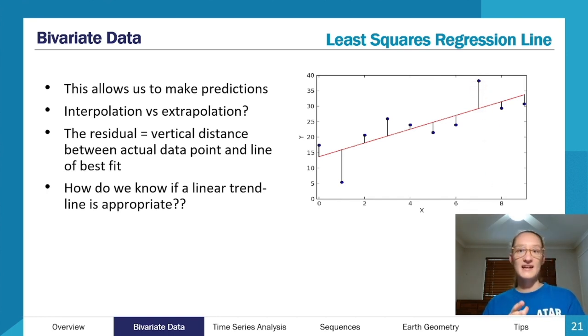So linking it back in again to what we were saying earlier about our R value, we were saying that it's only appropriate to use a Pearson's correlation coefficient if it's linear, but it's also only appropriate to use a linear trend line if it's got a linear relationship present. So how do we know if